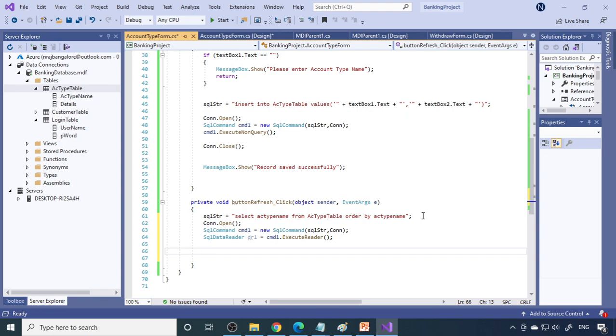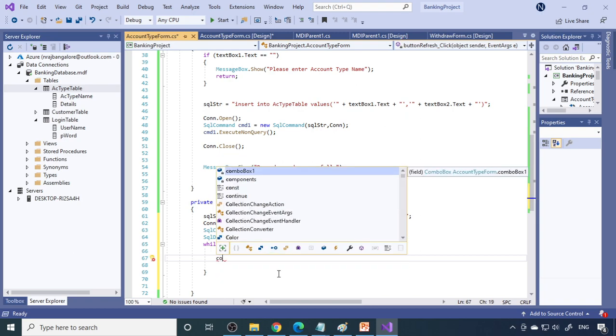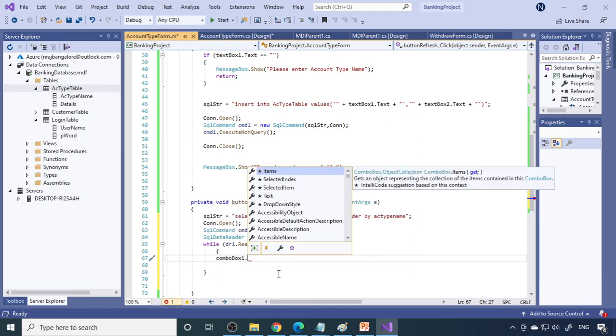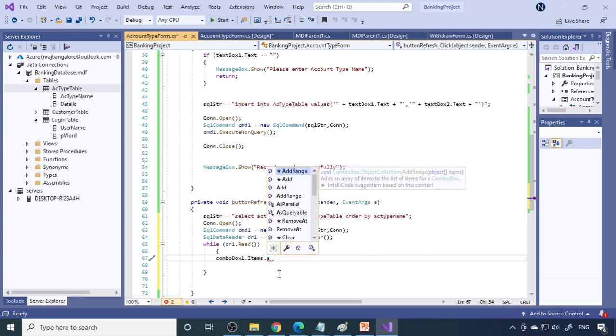That data we need to read. So you have to read this data continuously. We'll use the while statement. While dr1 dot read, if read, whatever the account name comes, that we want to transfer to combo box 1. So you can write combo box 1 dot items dot add.